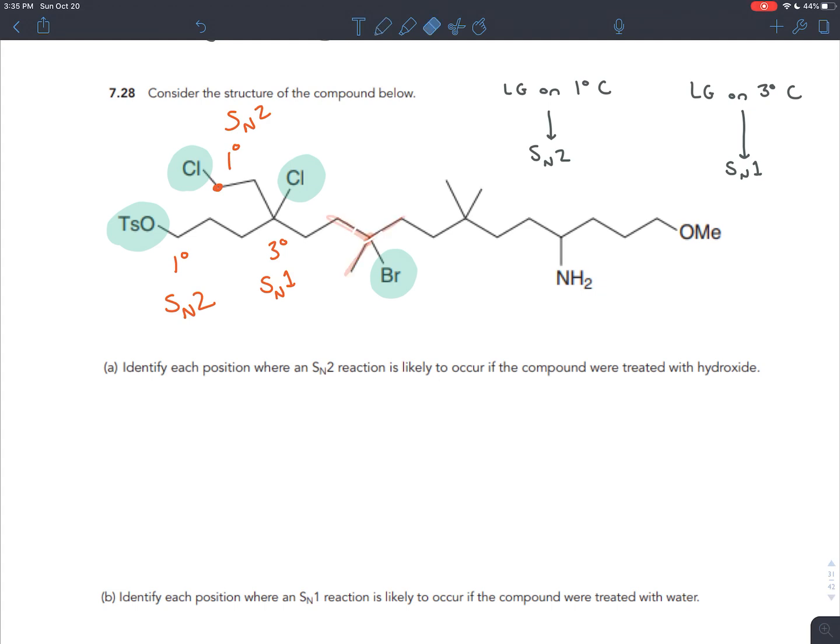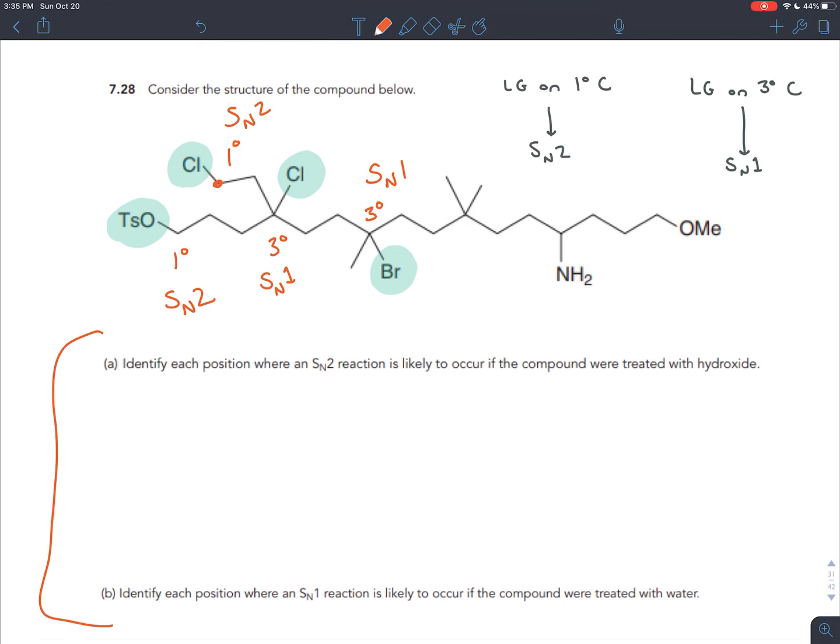This bromine is a leaving group. It's on a tertiary carbon, 1, 2, 3. Carbon is bonded to 3 other carbons, so it's a tertiary carbon, and so that would favor SN1. And so that's all these two parts are asking you for. They're asking you to identify where you could do an SN2 or an SN1 reaction in this molecule, and so that's what we've done. You identify the leaving groups, look at what type of carbon they're on,